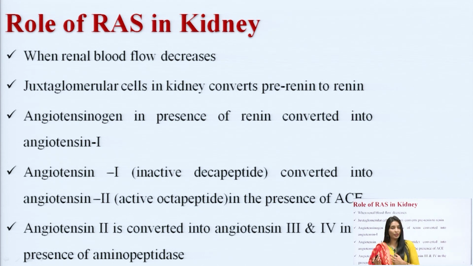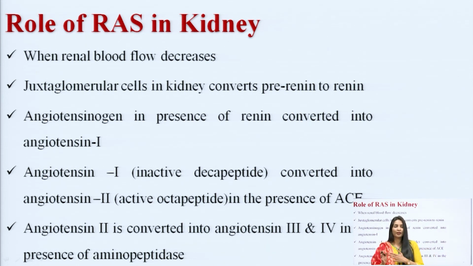So ये cells कहाँ पर present होता है? Kidney में present होता है. Juxtaglomerular cells in the kidney convert pre-renin to renin. So आपका renin कहाँ से release होता है? The renin will be released from the kidney. Angiotensinogen will be released from the liver, okay, and when the renal blood flow has decreased, the juxtaglomerular cells in the kidney will convert